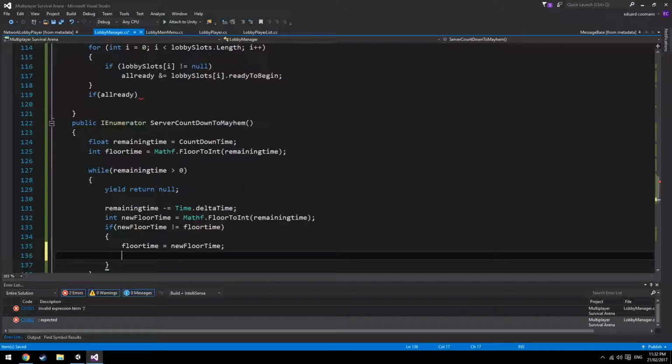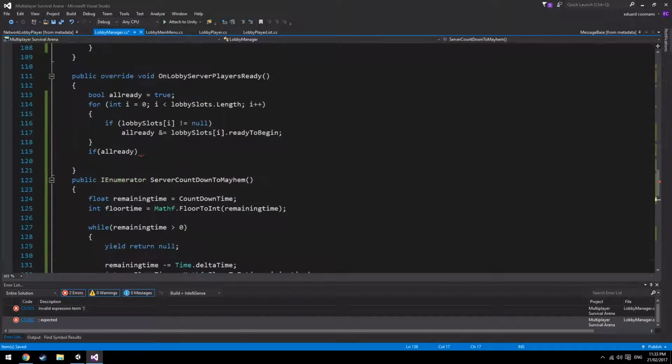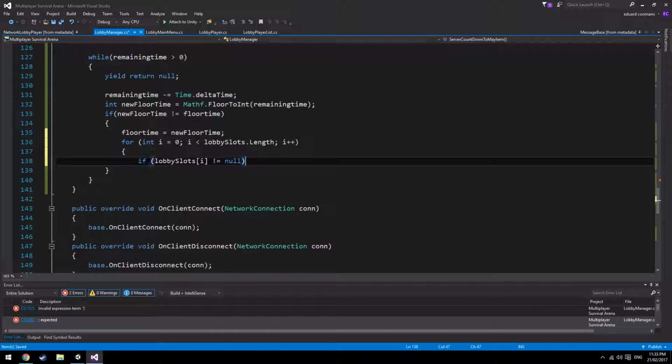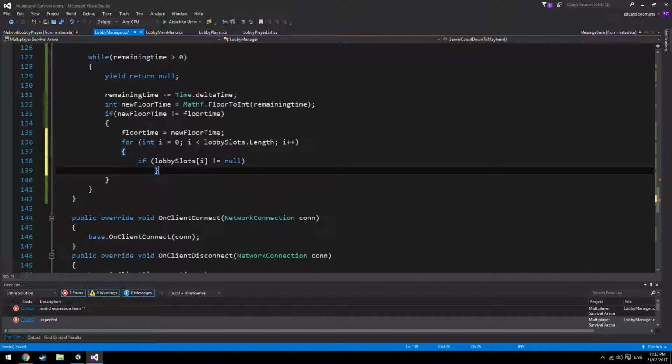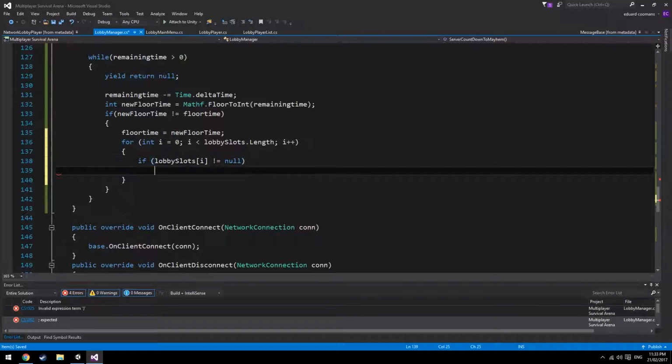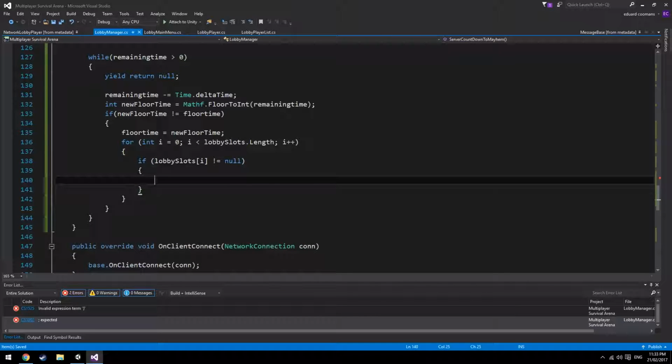And again, we want to sift through lobby slots, so copy this. I have to add that there, and probably add that. So we go through the lobby slots again. If it's not null, we want to say the lobby slots dot I as lobby player,